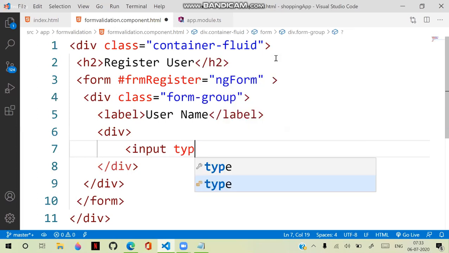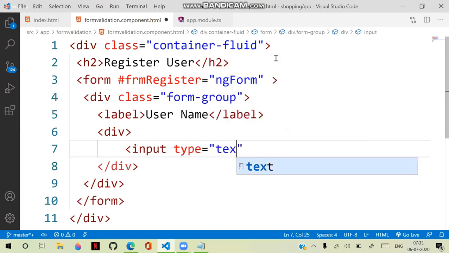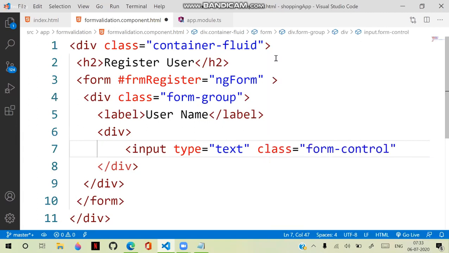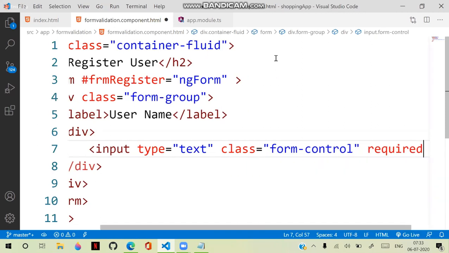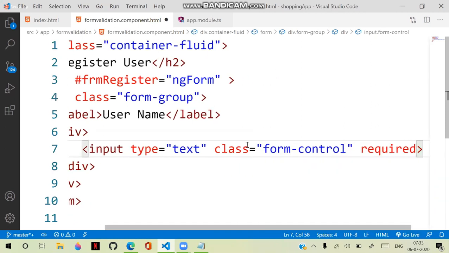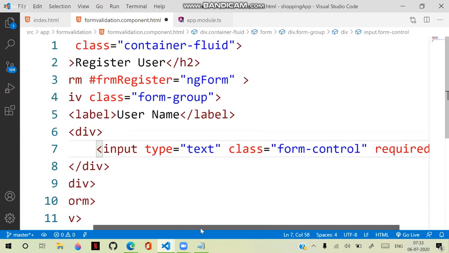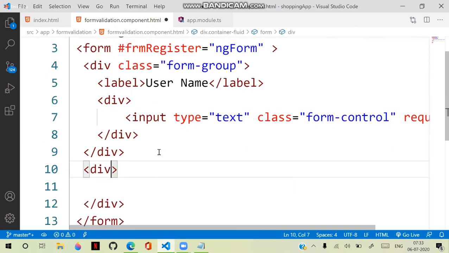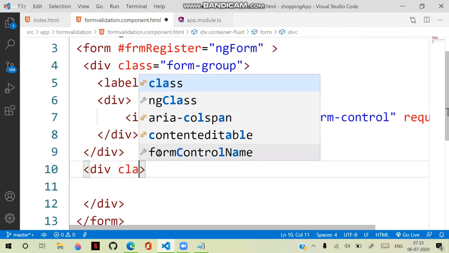Input type is equal to text, class form control, and one option we defined is required. Required is a general HTML validation. Now similarly, I have another div, class as form